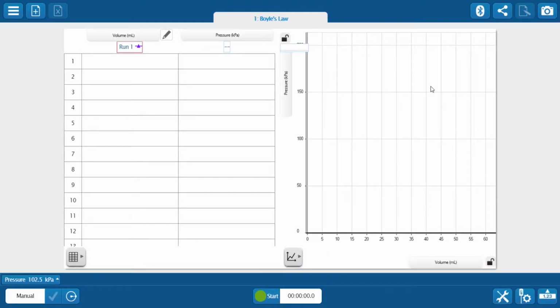You'll be automatically brought to a page with a table and graph with two columns. One column is for volume, which data will be manually entered, and another for pressure, which will be collected using the wireless pressure sensor. Enter the respective volume values into the first column,